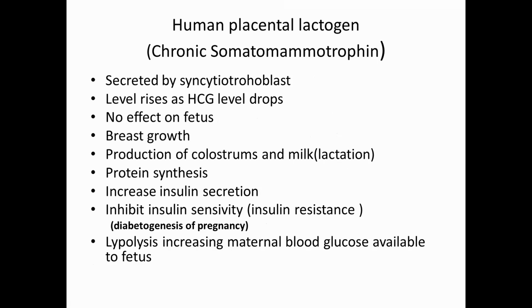Then we also have human placental lactogen, HPL, which is also called somatotrophin. It is secreted by syncytial trophoblasts. The level rises as the level of HCG drops, with no effect on the fetus, but its main effect is that it inhibits insulin sensitivity. That is why in an unregulated state, human placental lactogen is responsible for what you call GDM, gestational diabetes. Just as I've said that pregnancy is a hypercoagulable state, pregnancy is also a